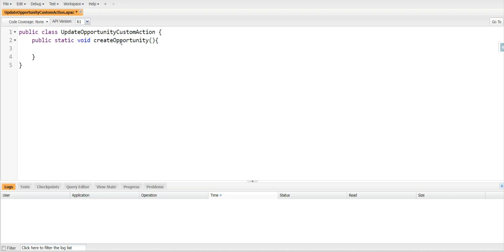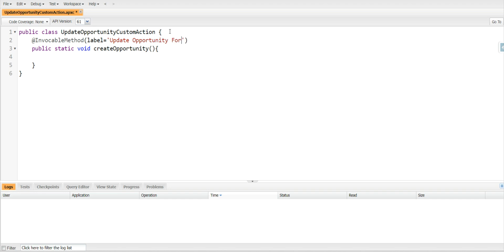This is an invocable method, so I'm going to annotate this with @invocable method, and the label I'm going to give it as update opportunity